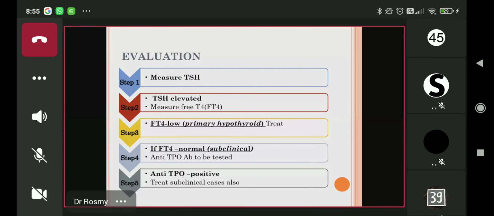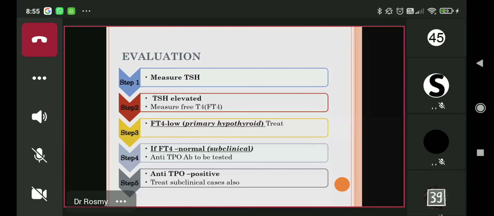Now, I mentioned earlier that there is something called subclinical hypothyroidism. It means the patient is clinically fine, but when he went in for an investigation, he found that there is something abnormal. He has run to you and come, "Doctor sahab, mujhe thyroid ki bimari ho gayi hai kya?" So how do you identify subclinical hypothyroidism? In that scenario, TSH will be elevated, but you will find that the FT4 is normal. So that is called a subclinical hypothyroid.